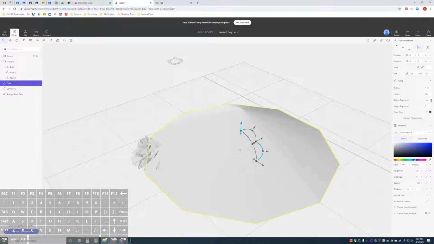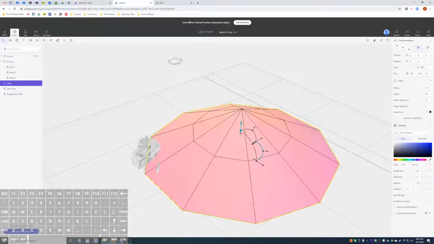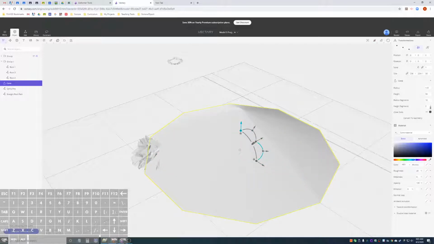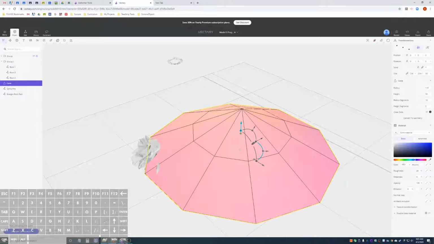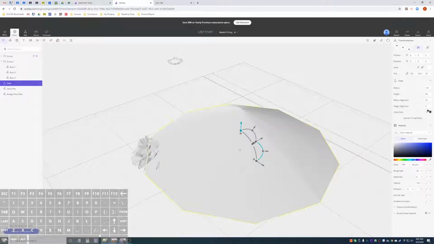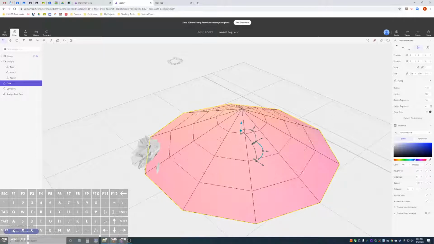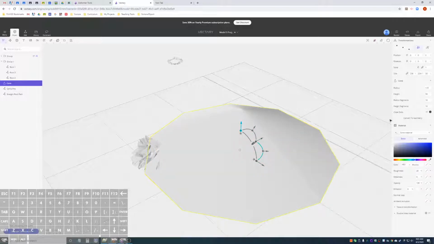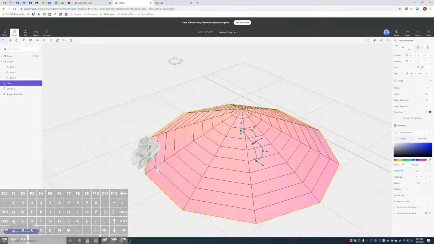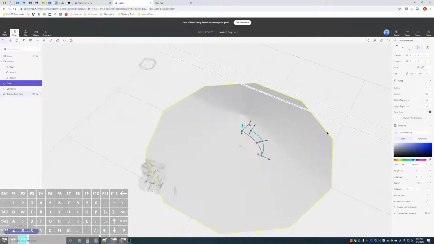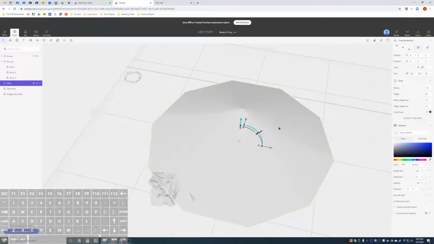And I'm going to change the radius. The radius segments and the height segments control how many faces there are. So if you have 10 segments of radius and 2 segments of height, that's 20 faces. Let's say I want to make 100 rocks, so I'm going to increase this to 10. Now I have 10 height segments and 10 radius segments, and that will make 100. All right, so let's turn this into